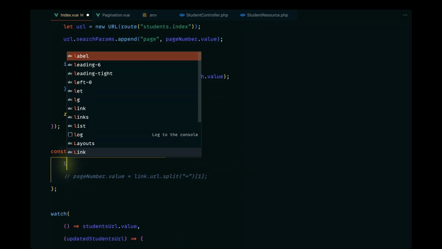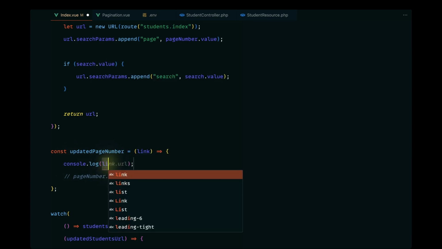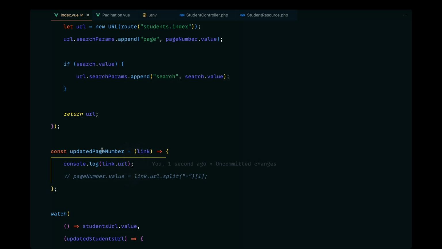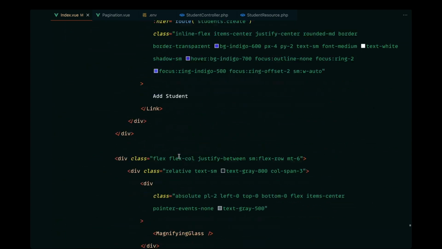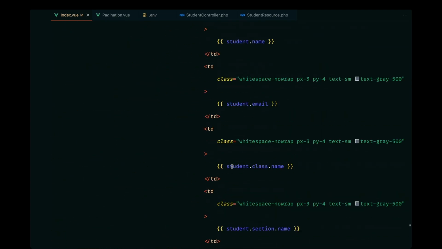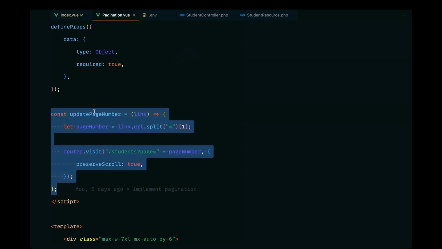now, and I'll just log something in here. So let's log the link.url in here. And one more thing to note here is we are defining this on our index.vue, and we are passing that as a prop to our pagination.vue component. Okay, let's navigate to that, and let's now go ahead and receive that value on our pagination.vue, so we can